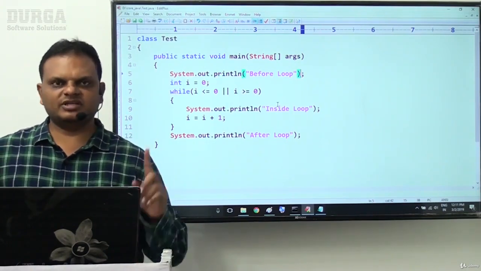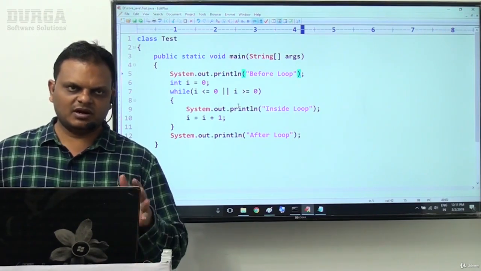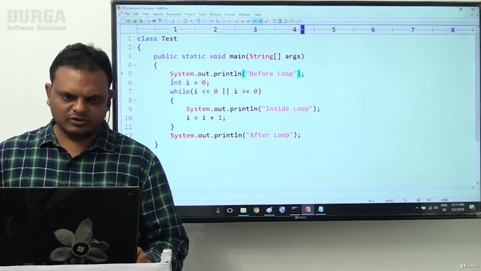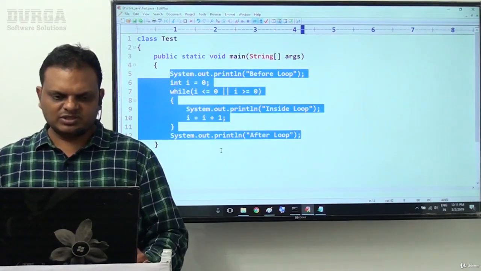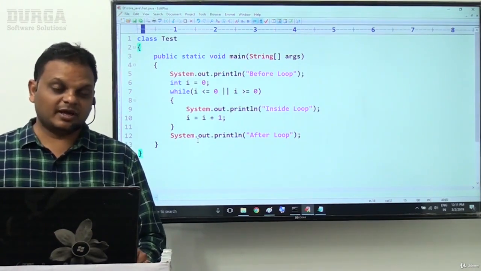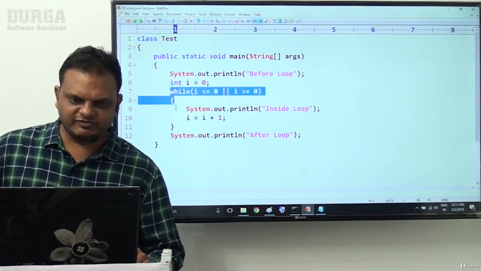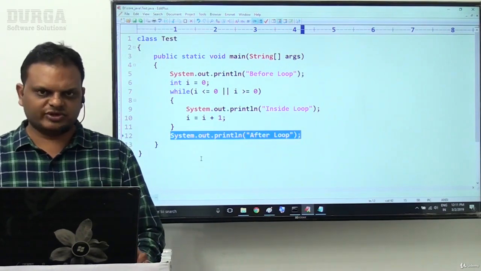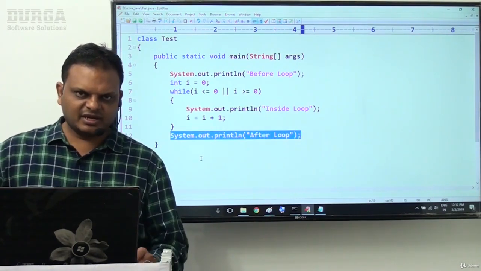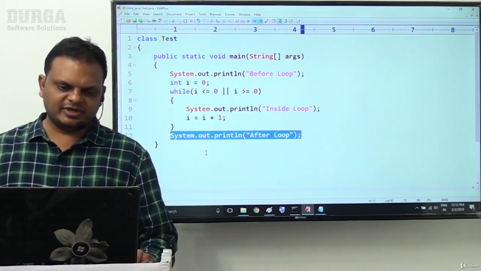A similar program we have seen in the case of for loop, where we are not getting any compilation error. Now here in this example, I provided the same type of example. What is the status of this one? And moreover, I am giving a clue now. I provided this statement immediately after the infinite loop. So this type of statement is called which one? Unreachable statement. Will you get any compilation error like unreachable statement in this case? Is it possible to get an unreachable statement error in this scenario?